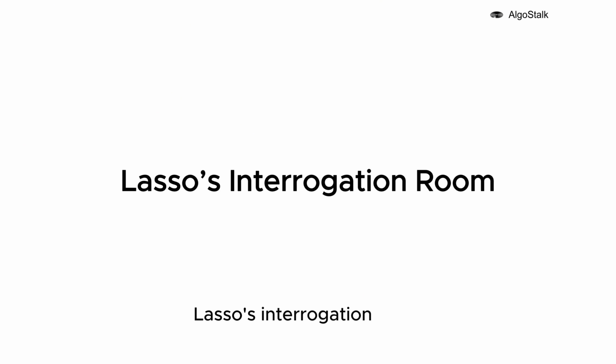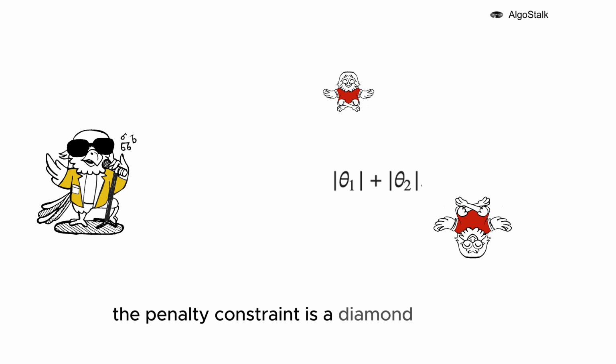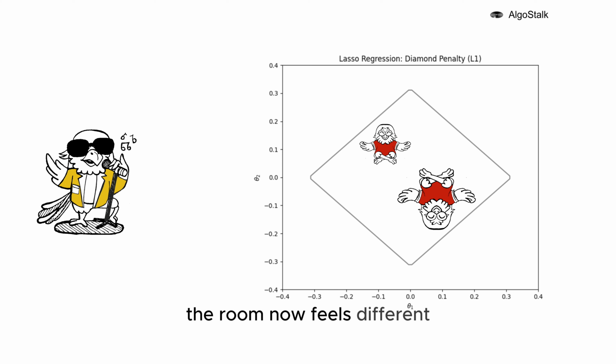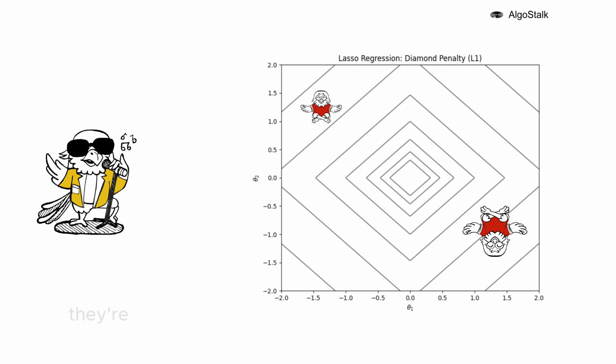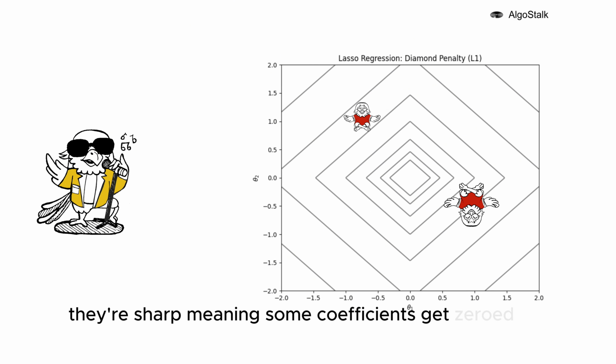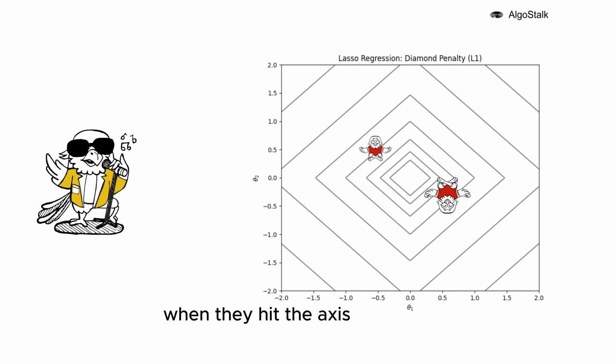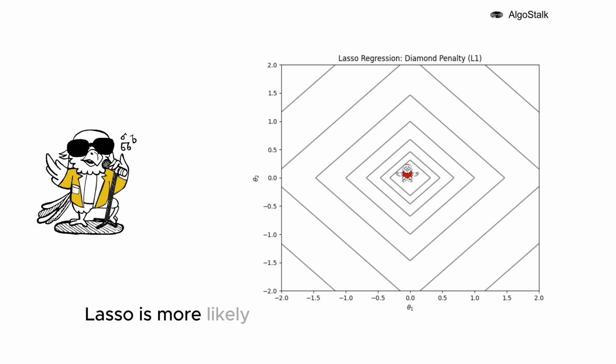Lasso's interrogation room. The penalty constraint is a diamond-like shape. The room now feels different. Sharp edges line the walls, shaped like a diamond. The diamond-shaped contours reflect how Lasso operates. They're sharp, meaning some coefficients get zeroed out when they hit the axis. If a suspect, say Theta 2, drifts close to the axis, Lasso is more likely to push them all the